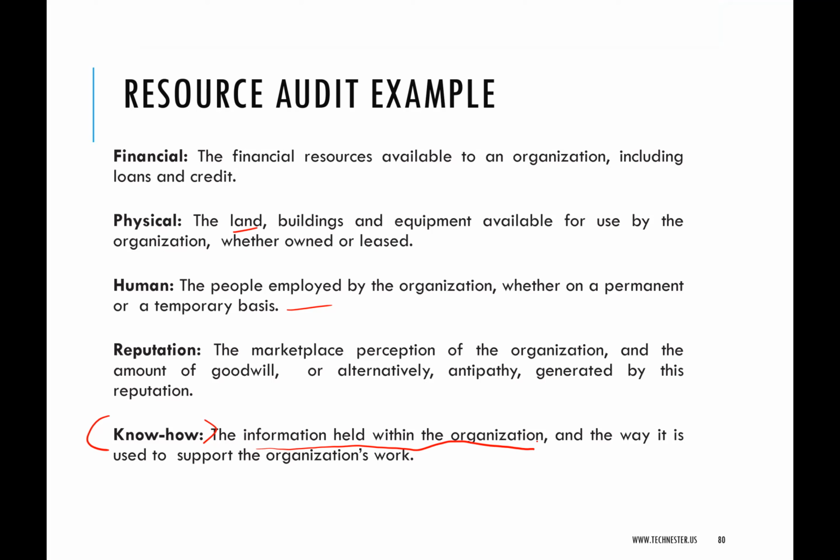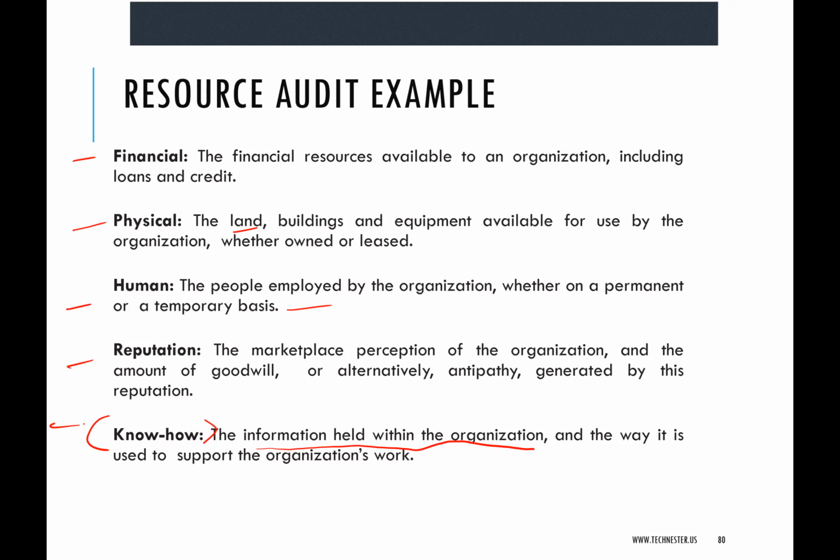So that's why it's put generally. But for the sake of simplicity, look at it as knowledge in the heads of your employees, this level of skill that can help resolve problems. So using this template, using this guideline, you can trace out the strengths and weaknesses of an organization